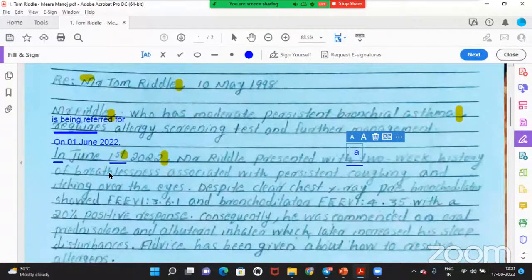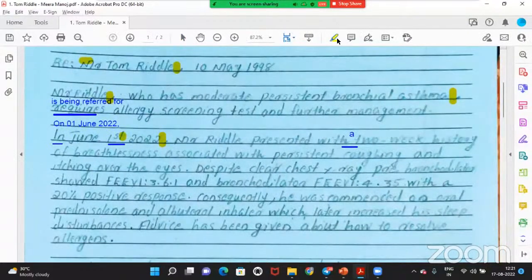Of breathlessness associated with persistent coughing and itching over the eyes. Over the eyes. So here again, space is the problem. No need for a space before a full stop. After a full stop, space is required. This is okay, but here space is not okay. Despite clear chest X-ray, where is the comma? Comma is needed. So, despite clear chest X-ray, comma,